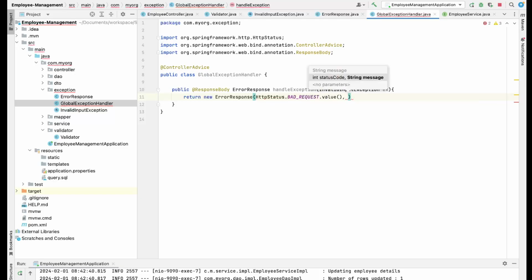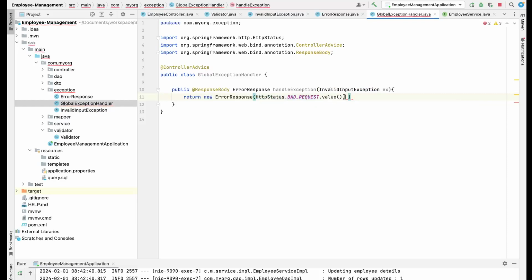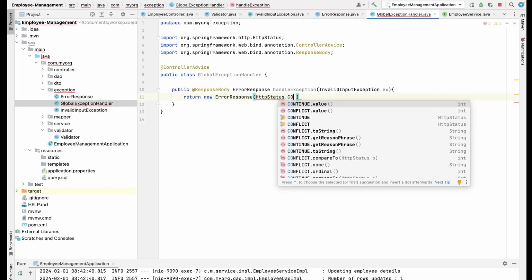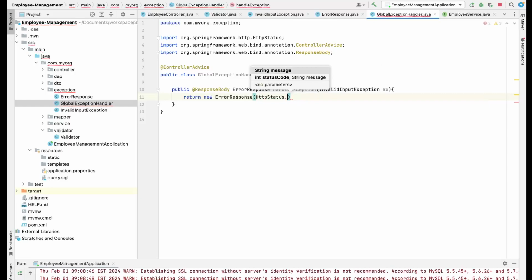See, this is our status code, and it provides a dot value such that you can pass the value in the form of the response. So you can utilize this for all the responses, right? If you want to pass some other thing like conflict, we'll see this example as well. So it has different methods. For now we will pass a bad request,